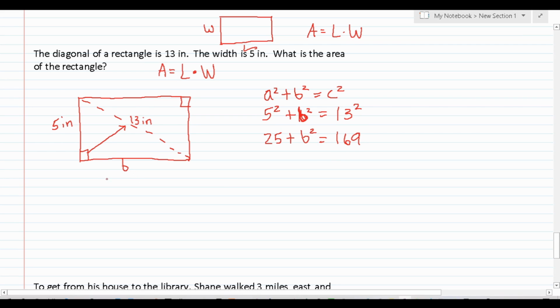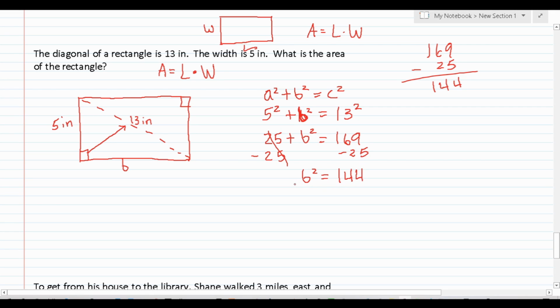Again, we're trying to solve for b, which corresponds to the length of this rectangle, so we can use the area formula to find the area of this rectangle. So let's go ahead and subtract 25 from both sides. This is going to cross out, leaving us with b squared equals 169 minus 25. Let's work that out. I think we've done this already, but let's still work it out. 9 minus 5 is 4. 6 minus 2 is 4. 1 minus nothing is just 1. So this says b squared equals